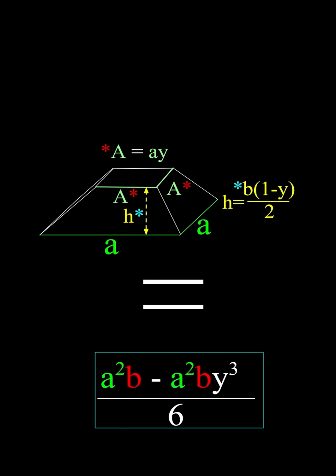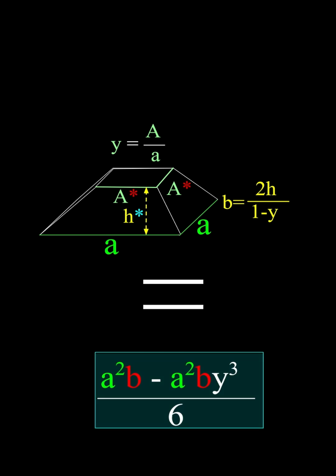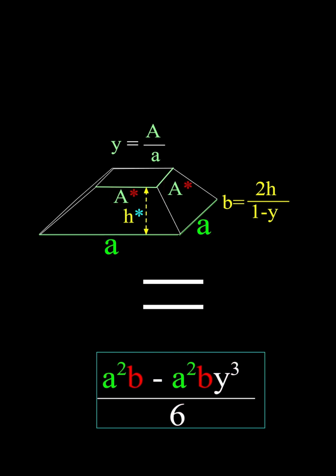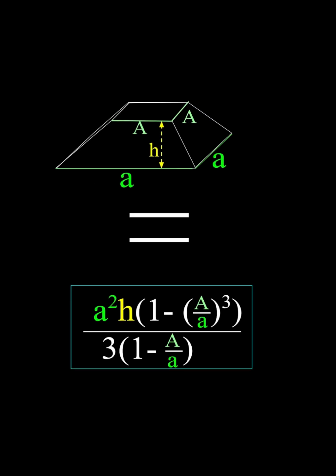And since we know this is H, we can get B in terms of H, which will be 2H over 1 minus Y. And we don't know Y either, but since it's just a scale factor, it's big A over small a. And since this is the volume of one of these shapes, then in terms of big A and H, which is what we're trying to figure out its volume based on, substituting the values in, we get this formula. And if you're wondering about the glass formula, that's just circular instead of square, but the same thing, so multiplied by pi/4. So anyway, that's how